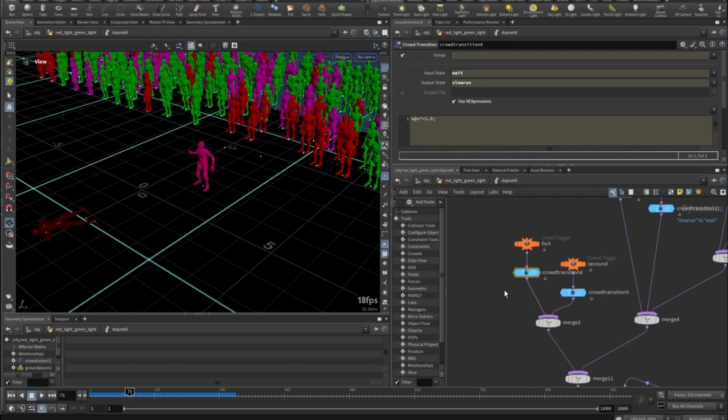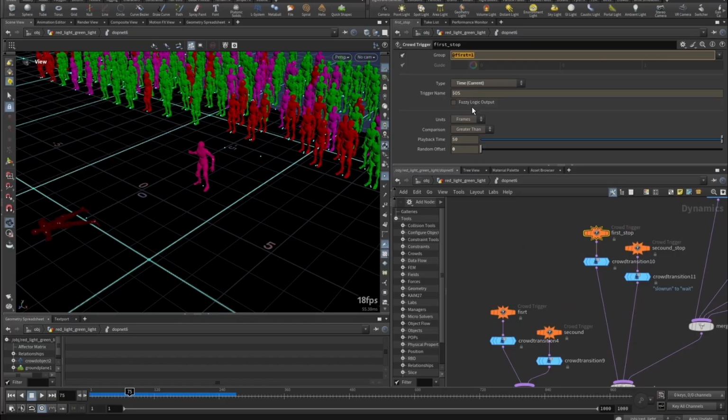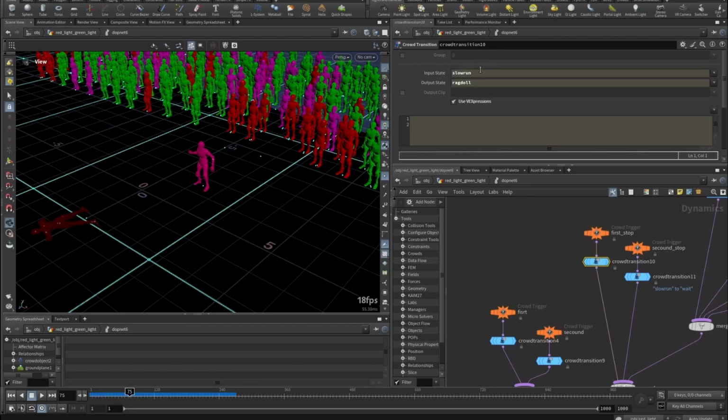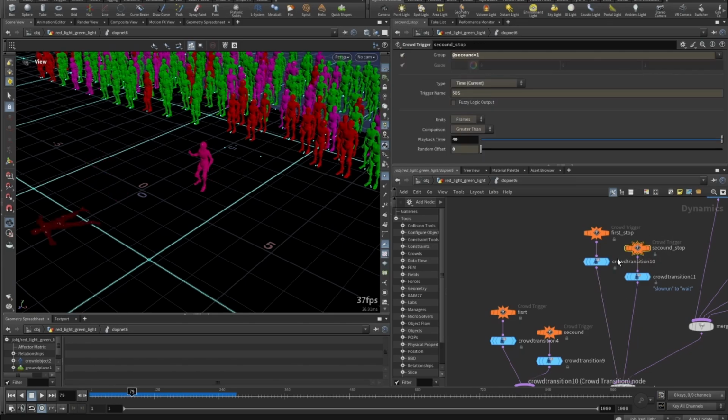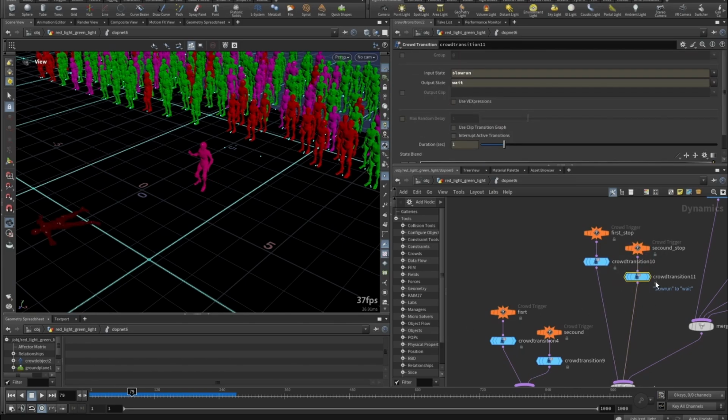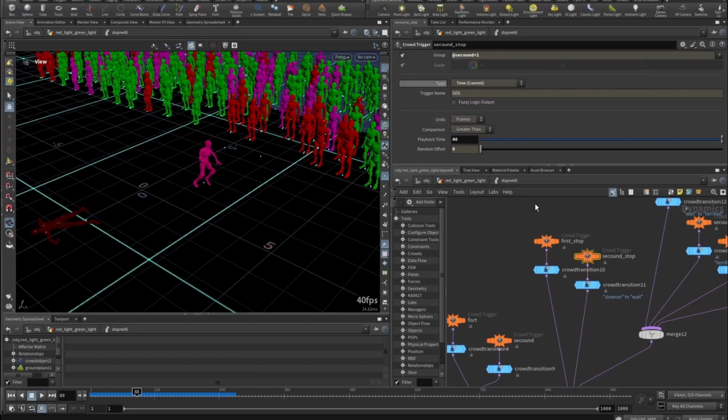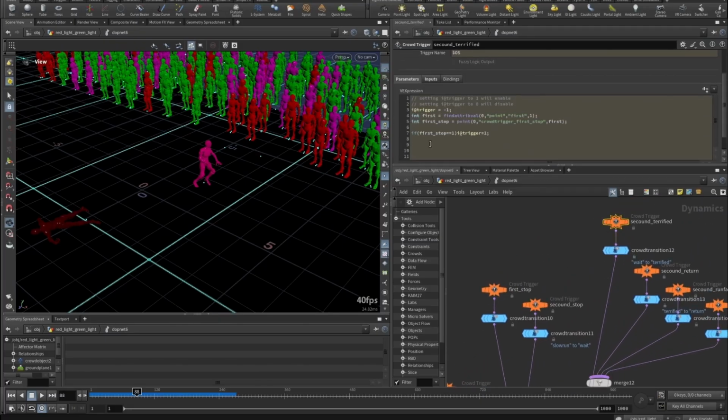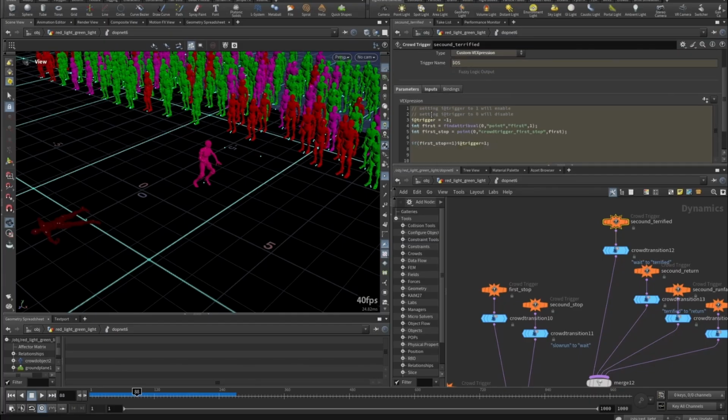than the second one. Okay, and if the attribute first is 1, and after the frame of 50, the first one's state changes from slow run to ragdoll. This is where he gets shot. And the second one reacts from slow run to wait because he has to stop first, and this is triggered by the time. And the second one gets terrified if the second is 1, and I use the custom VEX